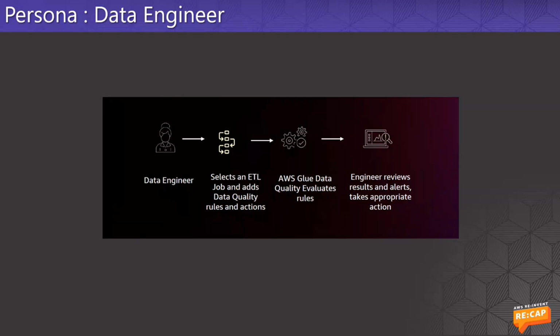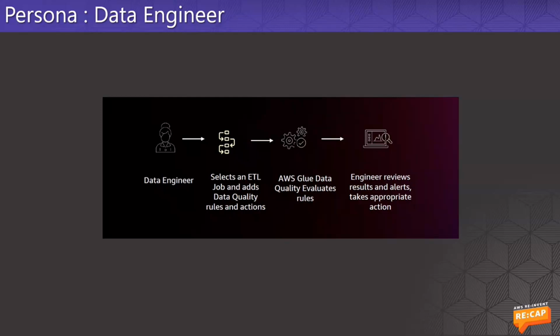And as part of their ETL pipeline, they can add a data quality transformation using a DQDL rule set. Then when the job executes, when it reaches that particular step, the DQDL rule set is applied against the data set that is being processed by the pipeline, and the results are then made available at the end of that step, which can be utilized to either mark the job as success or failure, or maybe write the offending